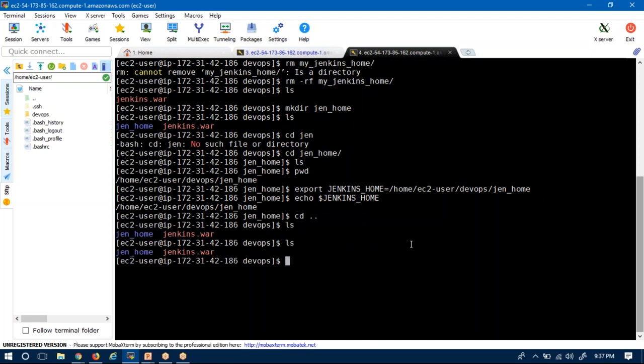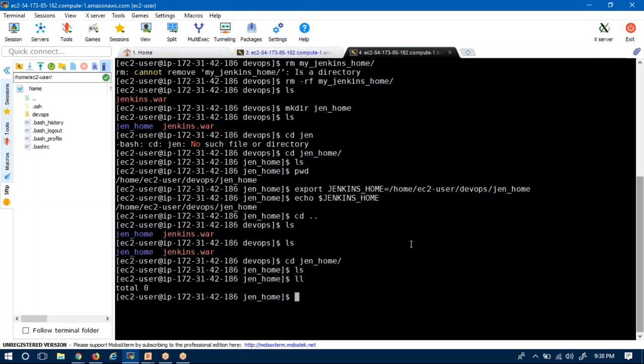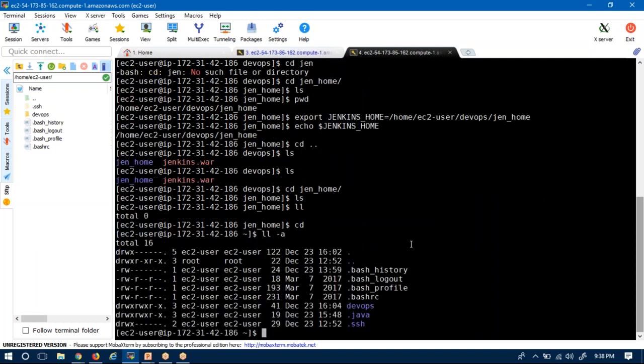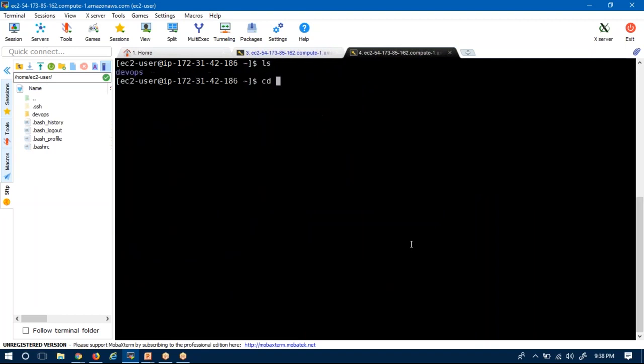See, we are assuming this as the default home directory. See, there are no files, and here also there is no .jenkins, because that is the default home directory .jenkins. Now here we are having the Jenkins.var file. Now I'm running that.